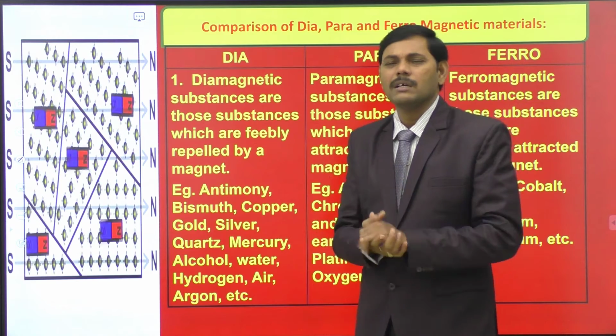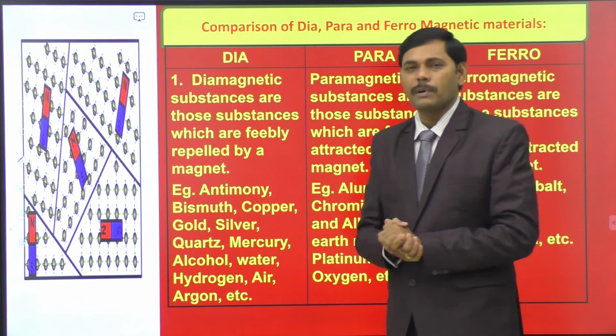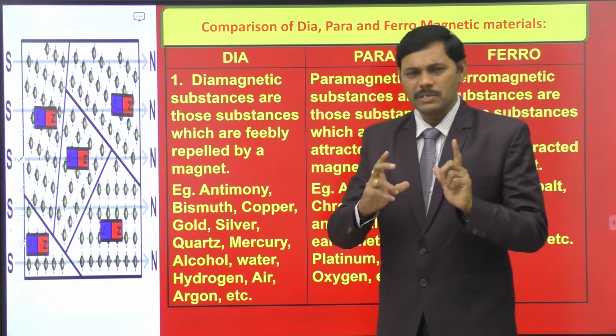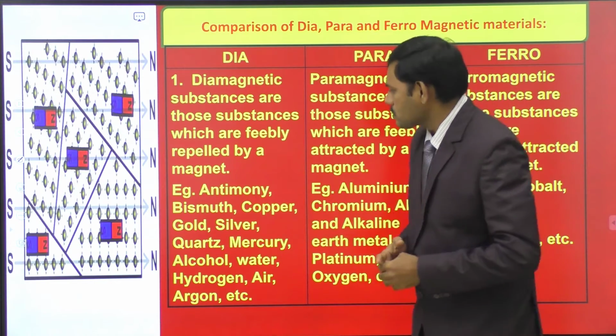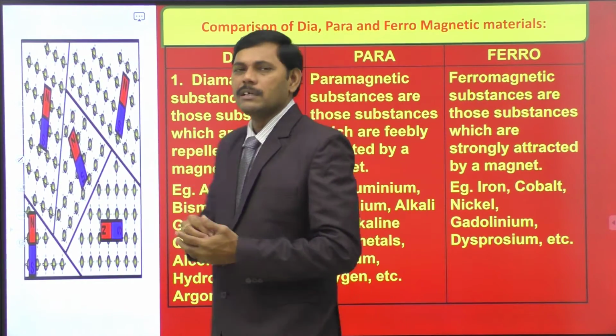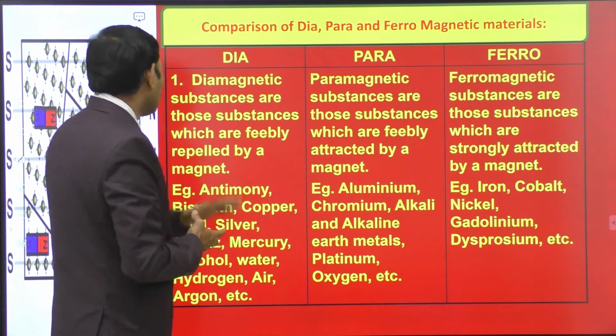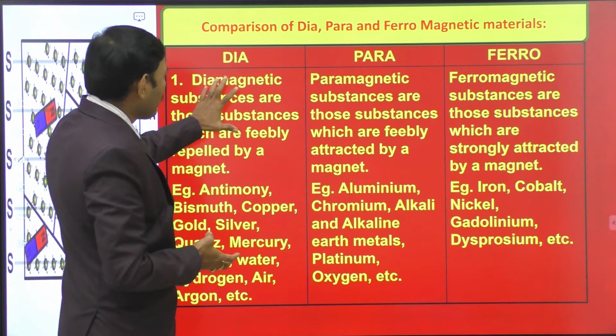So this is a general property that exists in most of the substances. Diamagnetic property generally exists in most substances. So the substances which are feebly repelled by permanent magnets are known as the diamagnetic